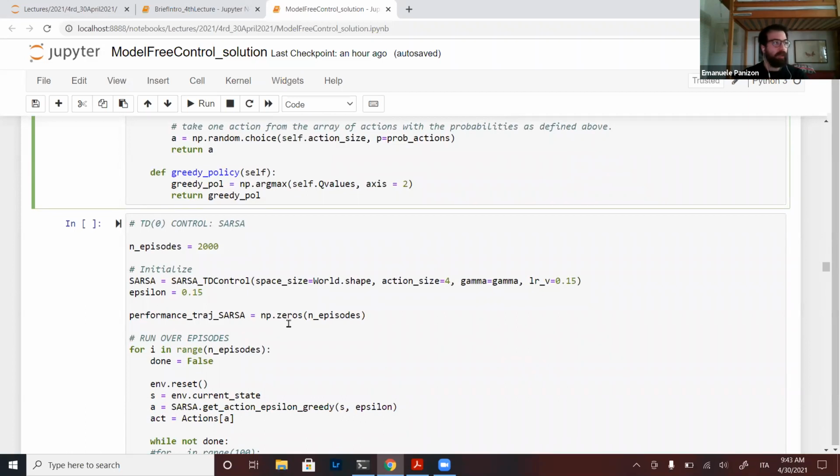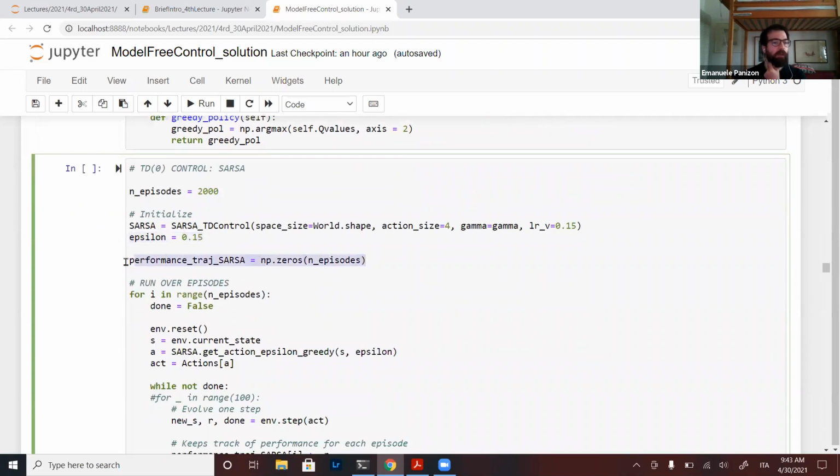Okay, let's do control. And then maybe we can take a break or see how it is. We're doing 2,000 episodes, so we need a larger number of episodes. We initialize the SARSA with some learning rate, some epsilon, and now we also keep track of the performance. So for each episode, I record how many steps or what is the final reward of the episode.